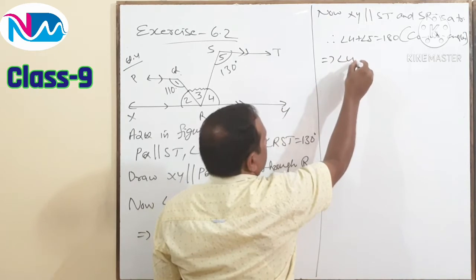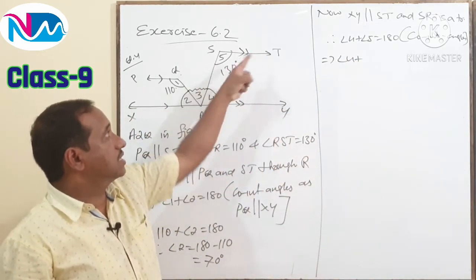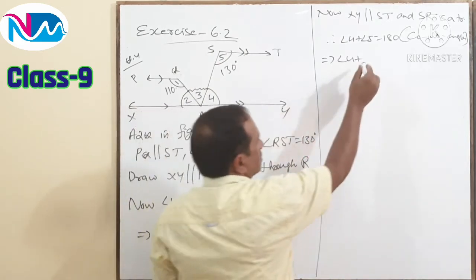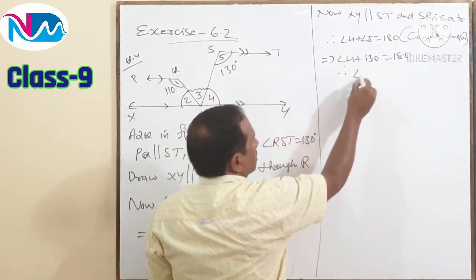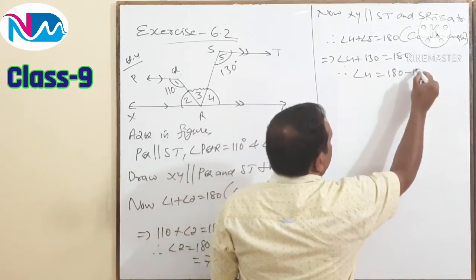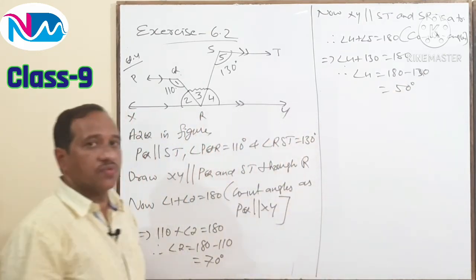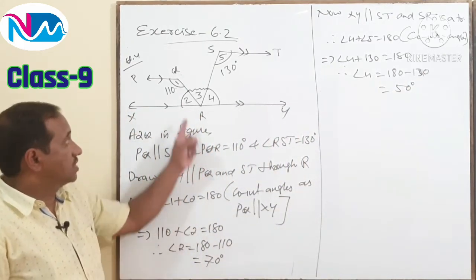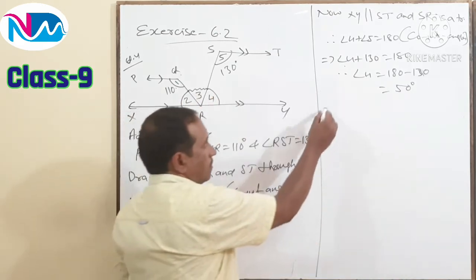That gives angle 4 plus angle 5, that is angle RST, 130 degree, is equal to 180. Therefore, angle 4 is equal to 180 minus 130, which is 50 degree. So we have angle 2 is equal to 70 and angle 4 is equal to 50. Now